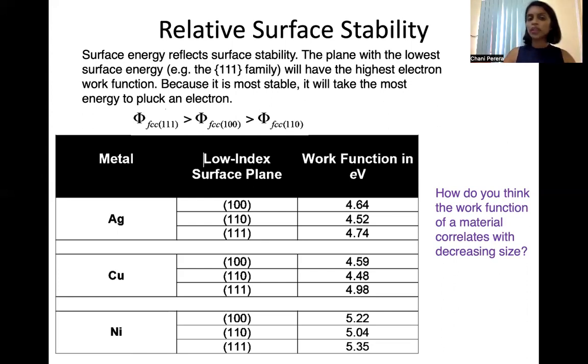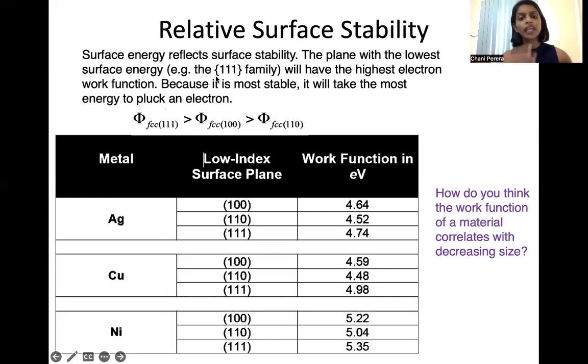In the previous slide, we discussed how the surface energy is minimum for the FCC 111 plane, a little bit higher for 100, and highest for 110. So the 110 plane has the highest surface energy, therefore it's very unstable. And the 111 plane has the lowest surface energy, therefore it is highly stable. That also reflects from this relative surface stability when we talk in terms of the